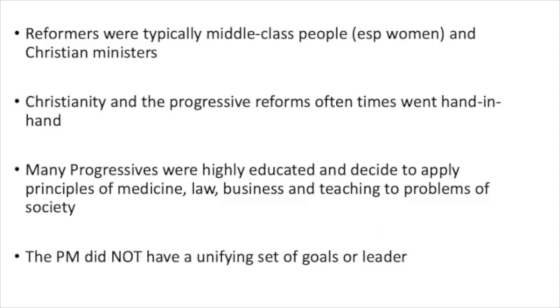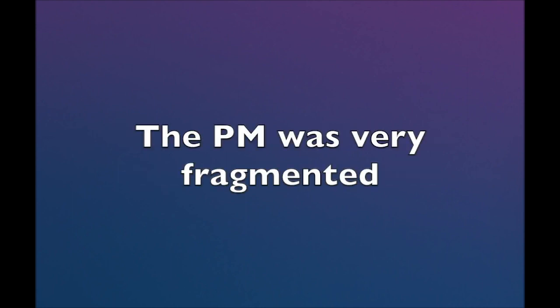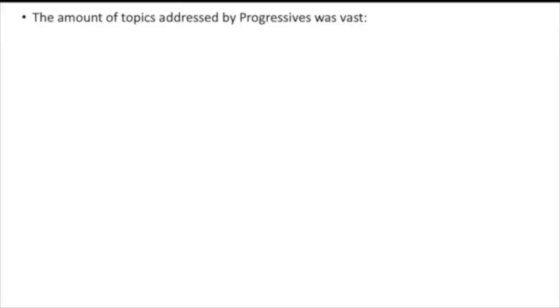The progressive movement did not have a unifying set of goals or leaders. So there was not one leader that was the be-all, end-all of the progressive movement. There were many factions within the progressive movement. There were a lot of disagreements in the progressive movement as well. So not all progressives agreed on the best way to fix society's problems. So as we mentioned earlier, the progressive movement was not united,